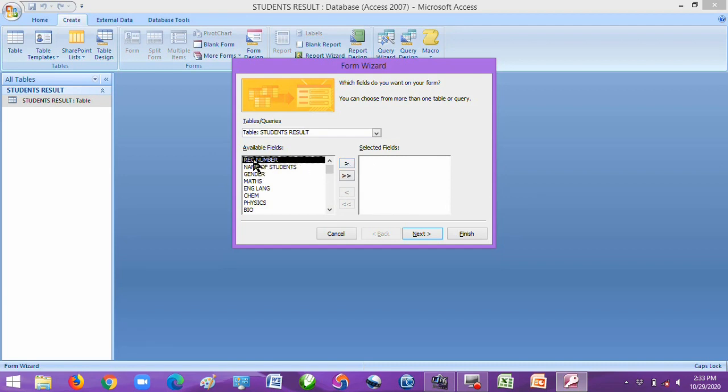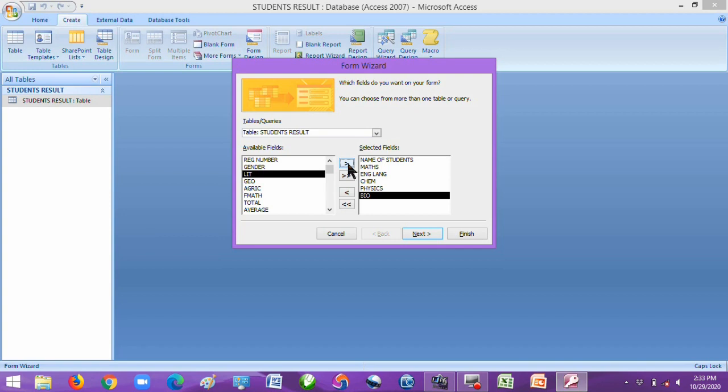For instance, if you will not need student result or student number, student registration number, you can leave it. But if you need student name, you can click student name, add here. You will need student gender in your form. If you will not need it, go to the first subject, maths, and then click add. You need English, add. You need all these other ones, you can add them one after another.